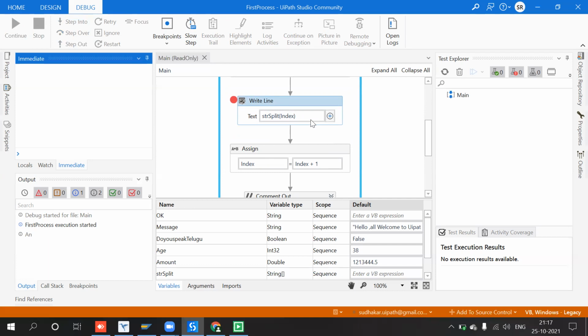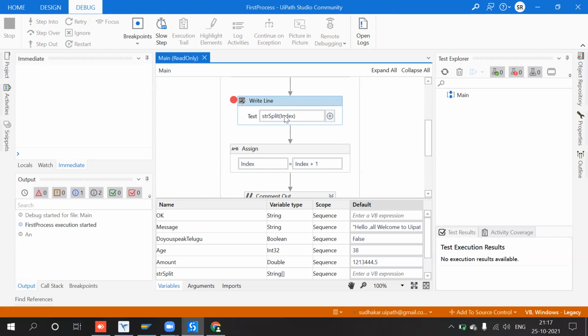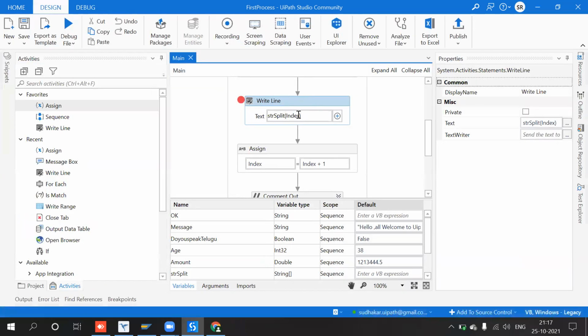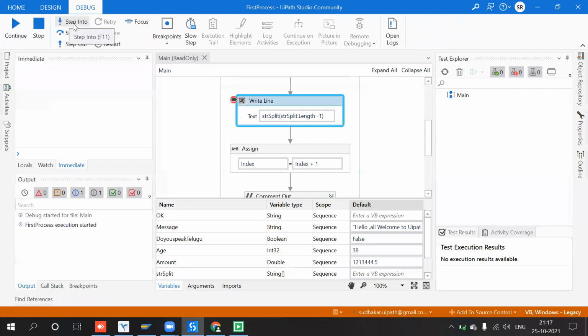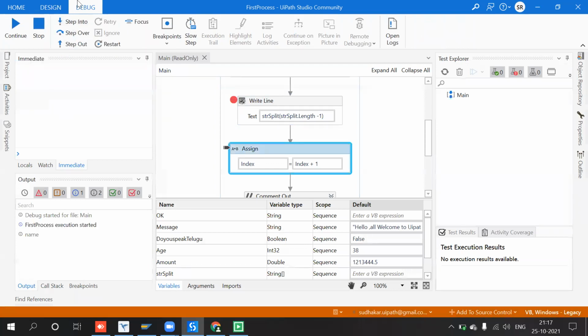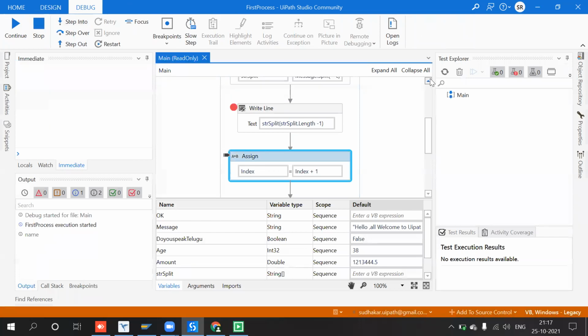This is the first value, so I can use array of this one. So now str split dot length, so -1. Okay, so now it will display the last value. See, the last value is displayed.